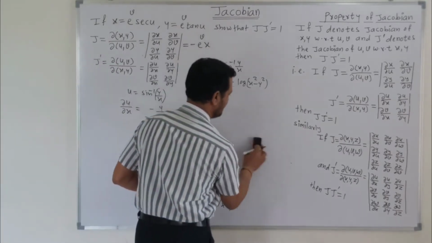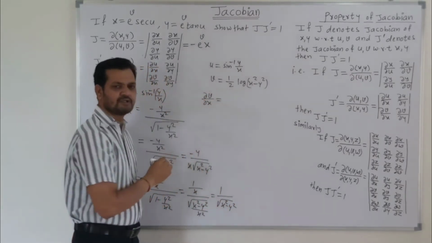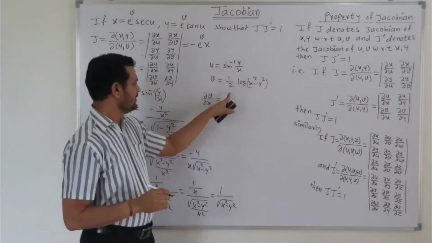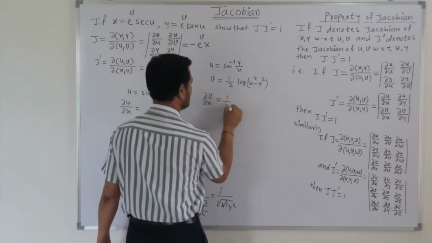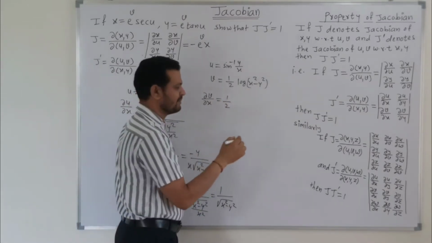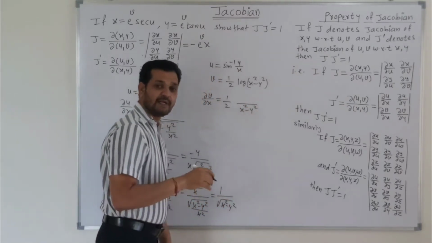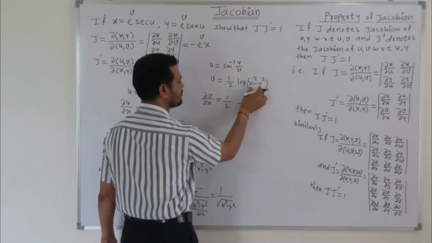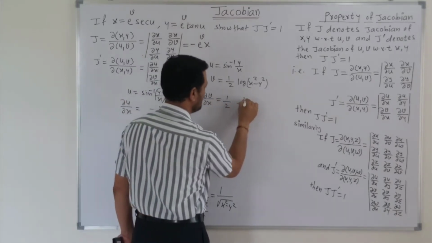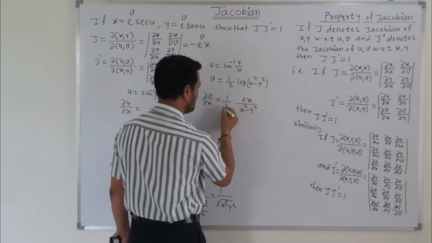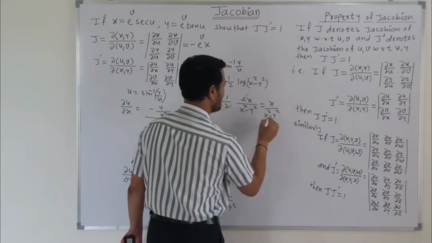Now friends, similarly, find out the partial derivative of v with respect to x. If we try to find the derivative of v with respect to x, then here y is constant. So this 1 upon 2 is constant. The derivative of log x is 1 upon x. So according to this formula, we write this as x square minus y square, but this is other than x. So the derivative of x square minus y square with respect to x, keeping y constant, is 2x. So this 2 will get cancelled, and we get x upon x square minus y square.